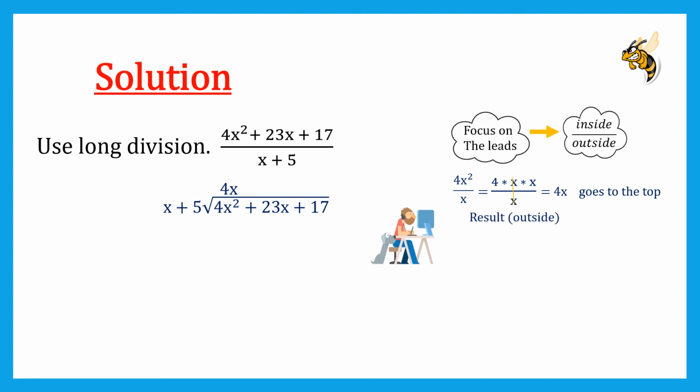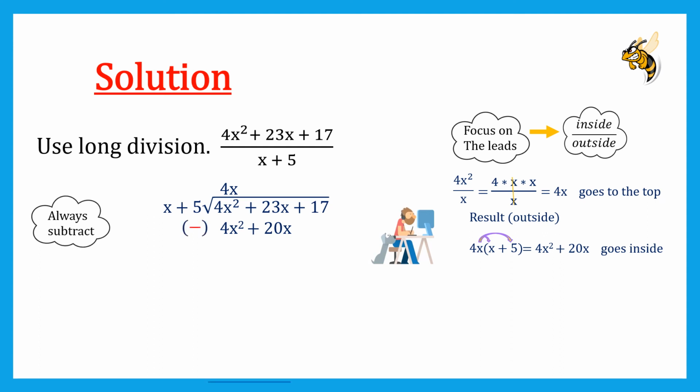Now we're going to take that 4x and multiply the outside. So it's going to be 4x times x plus 5. Distribute the 4x, which will result in 4x squared plus 20x, and that goes inside. Remember, we're always going to subtract, and a hint will flow from the top to the minus sign to the bottom. So it's going to be 4x squared minus 4x squared, and they cancel each other. Then it's going to be 23x minus 20x, which leaves us with 3x. We're going to bring down the plus 17